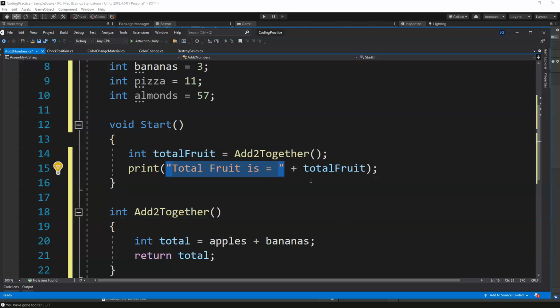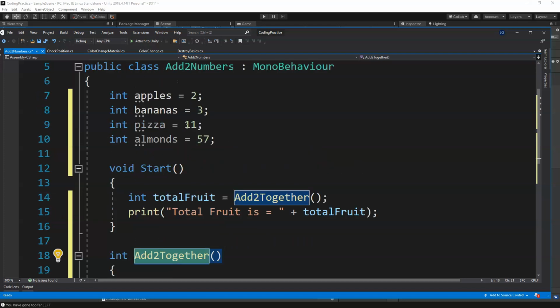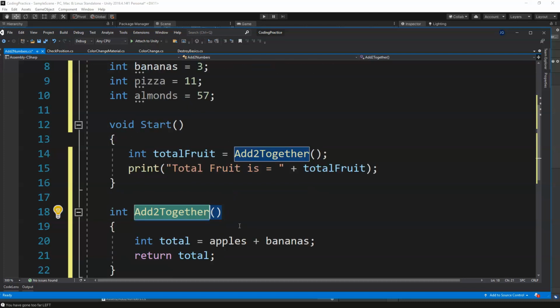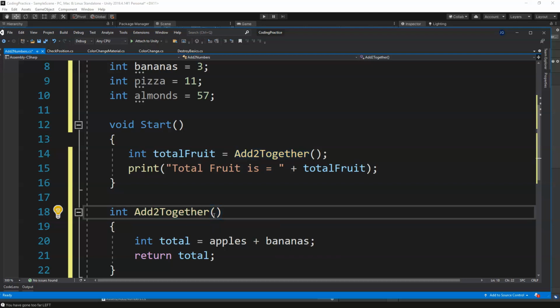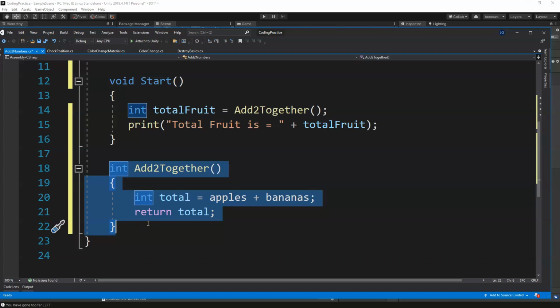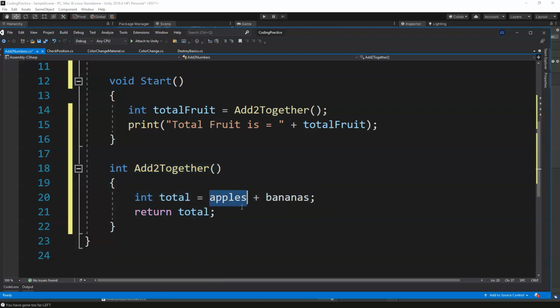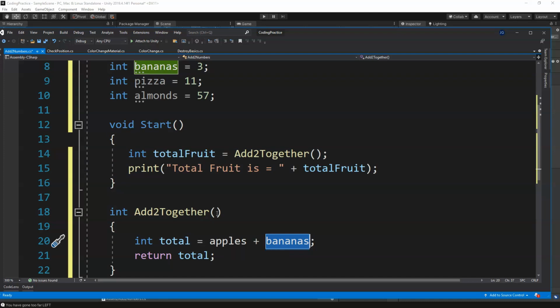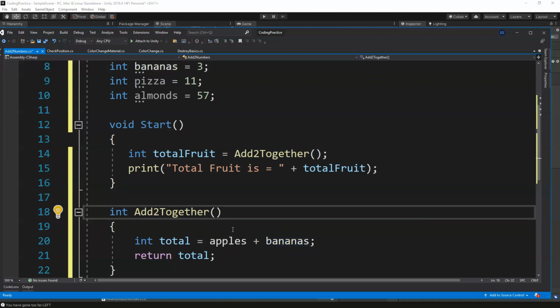Okay, that's great and all, but that's not really super complex. What would be smart is I might want to use this 7 or 8 more times for other things, especially if I turn this into more of a game. So in this case, which is not there yet, that's for sure, but this is just kind of getting a nice recap on things. So what we might want to do is use this method, make it to where we can use this method over and over and over again, because I don't want to copy this and paste it and type in pizza and almonds, okay? Instead, what we want to do is, when you call this method, we're going to say,